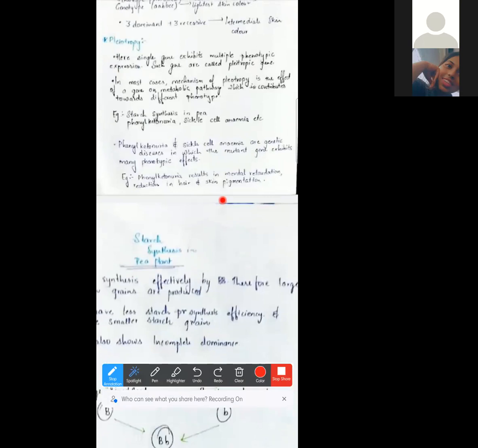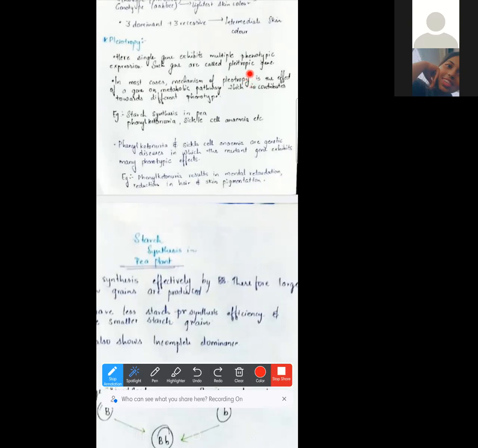Going further, now it is pleiotropy. What is pleiotropy? Your single gene exhibits multiple phenotypic expression. Such genes are called pleiotropic genes. That is, a single gene exhibits more than one character. Like we know, the gene for height exhibits only height, not skin color. But there are certain genes which exhibit more than one thing. So they are known as